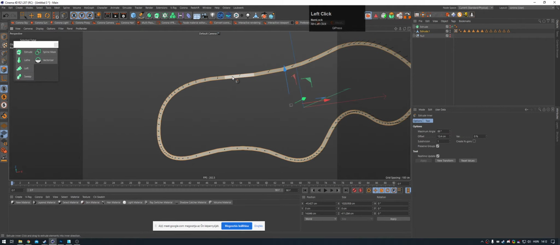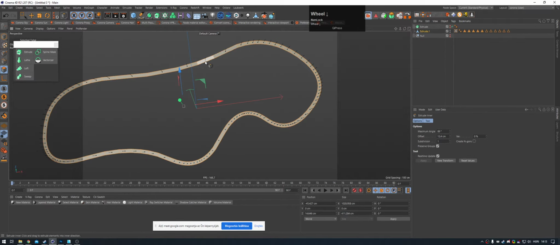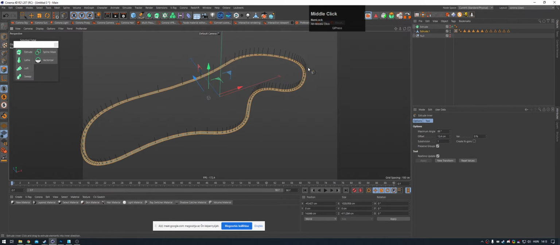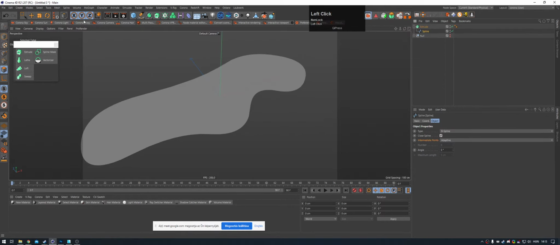And you can observe that here we have an adaptive subdivision. As you can see, adaptive subdivision means that it introduces a much denser spline subdivision on the curvatures to make them smooth, and less subdivision on, let's say, the straight segments of the whole object. To dodge this, we need to set the spline to uniform,